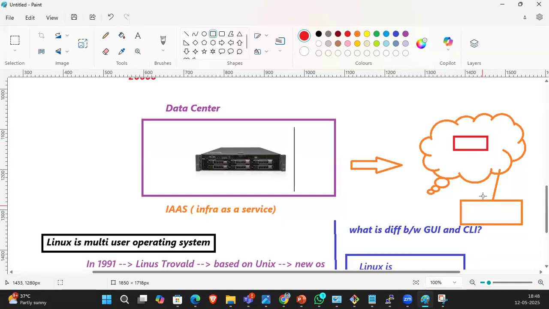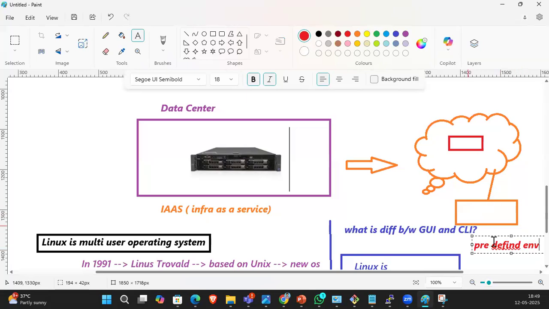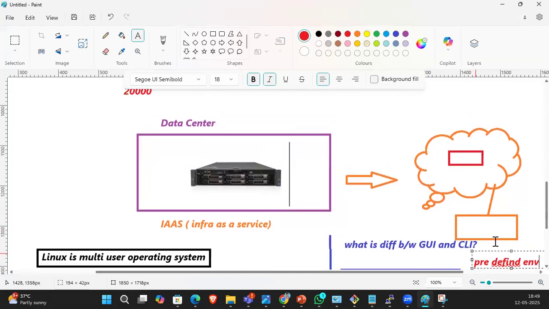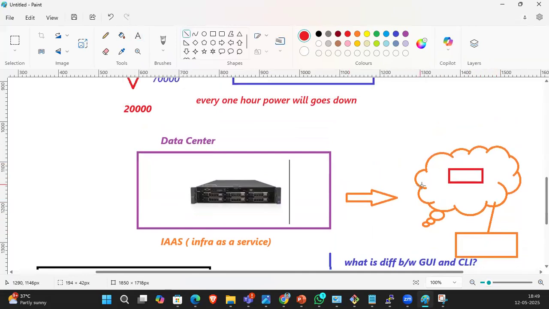How will it automatically create in one click? It's a predefined environment. Every cloud provider has their own data centers linked up to that application.